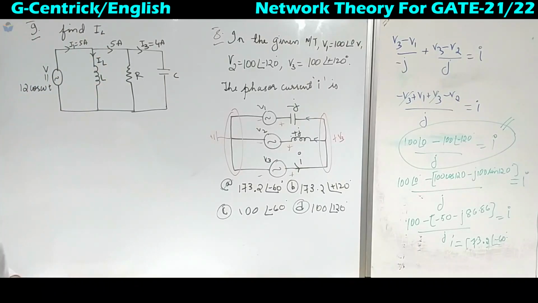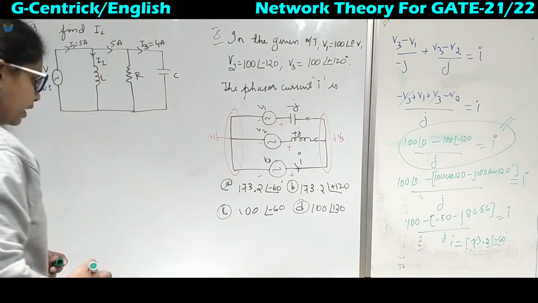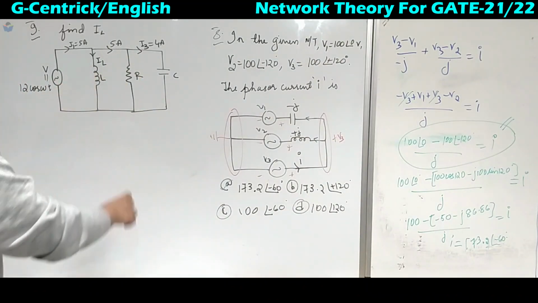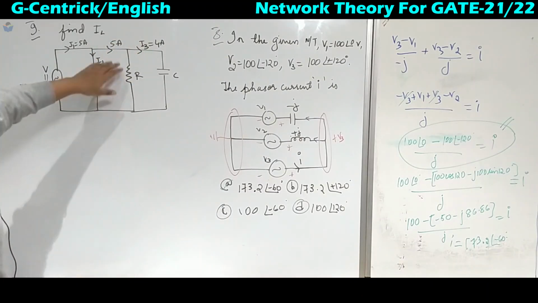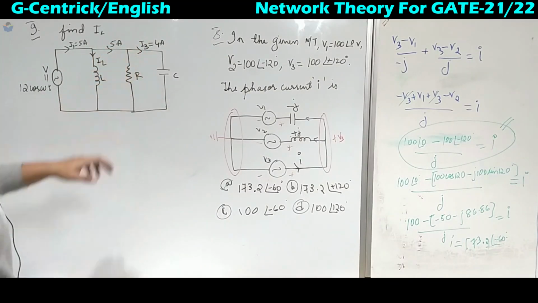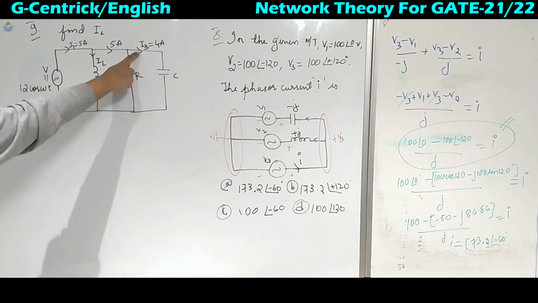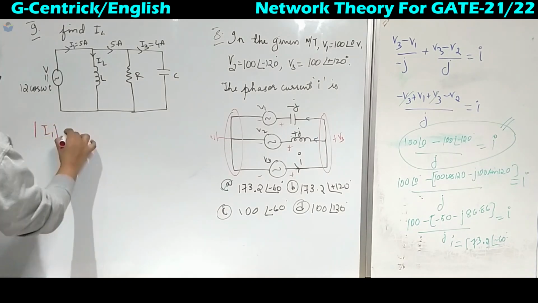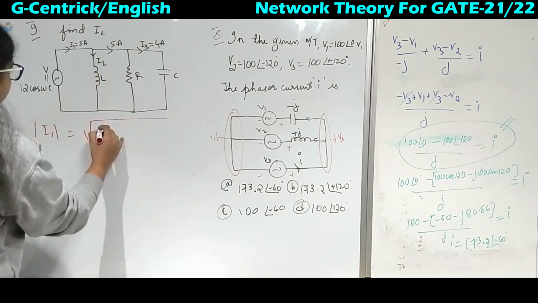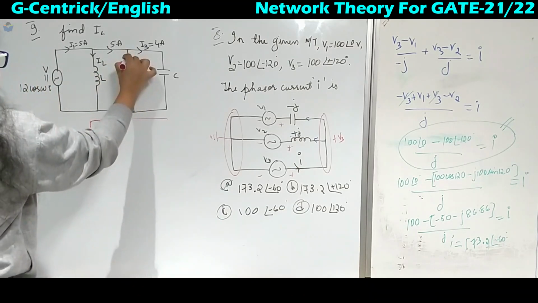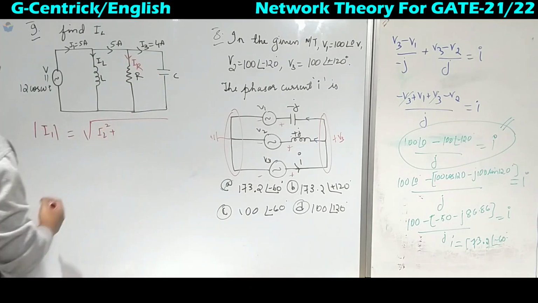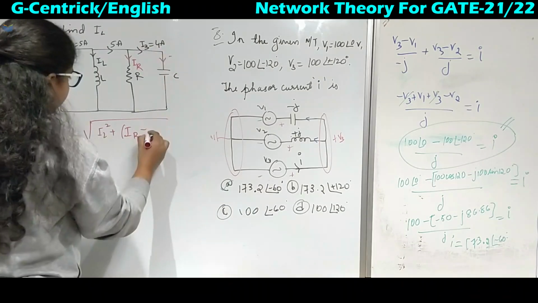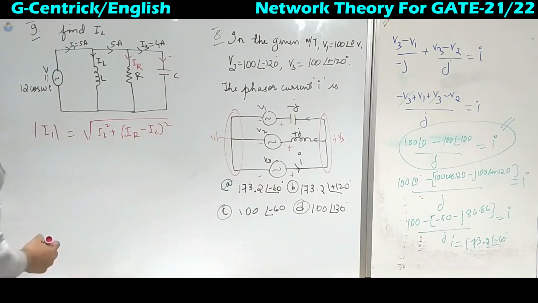So coming to the next problem, we have to find the value of IL. How do we find the value of IL? We cannot directly apply KCL because we do not know the angles of these amplitudes. With the amplitudes we do not know the angles, but we know I1, we know I3. So how can we write? If we want to calculate the magnitude of I1, then it is the square root of IL square plus, if we take this current as IR, then IR minus, if this is IC or I3 only, we can take it, whole square.